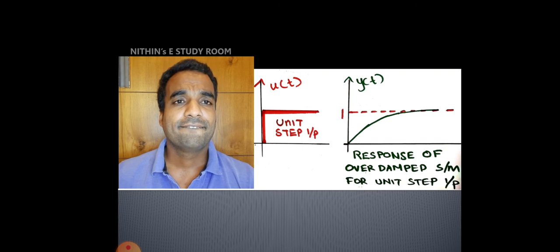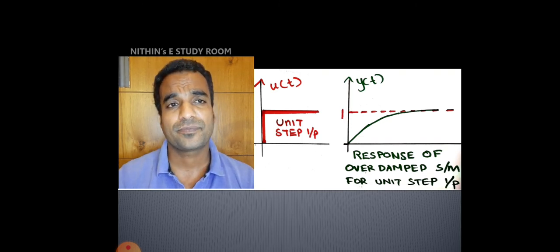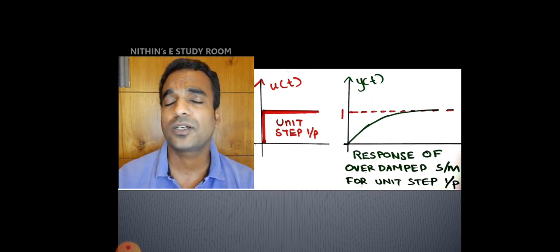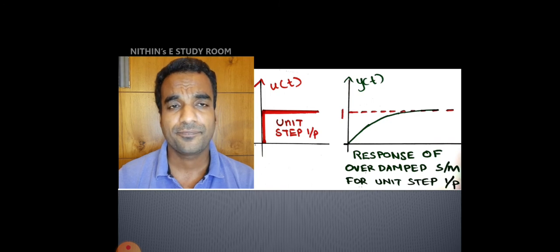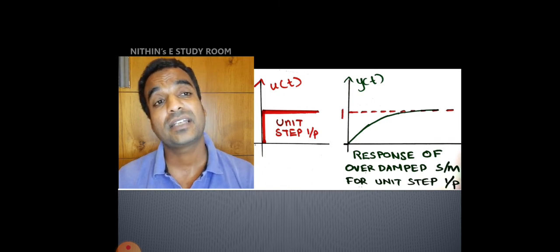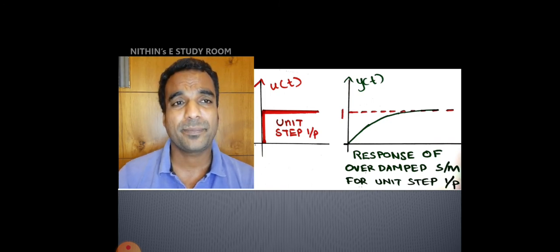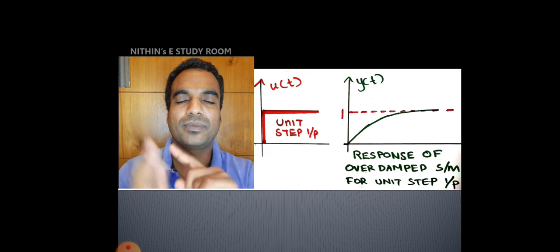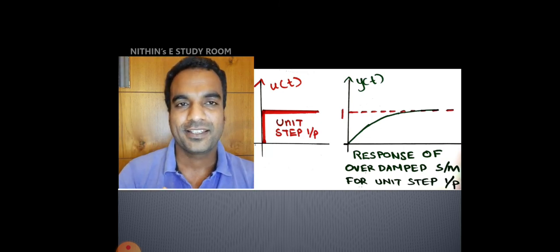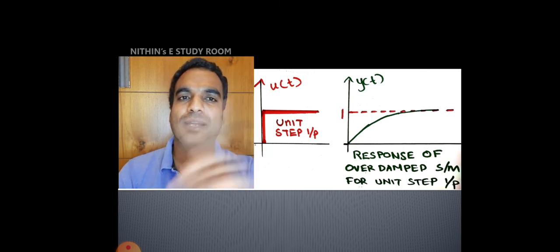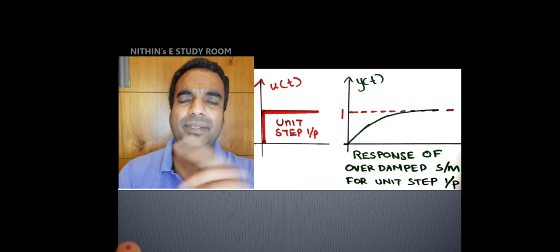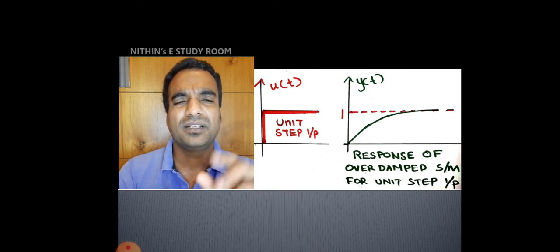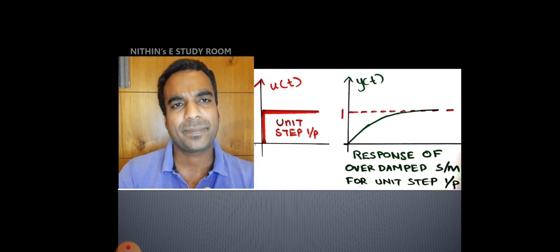Now, what is the response? If you are giving a unit step input, its output should reach 1. But as the system is highly overdamped, what happened? Overdamped means, consider the example of that moving instrument, an ammeter. Initially it was undamped. You didn't provide any damping system. Then you provide some simple mass damping system. What happens?